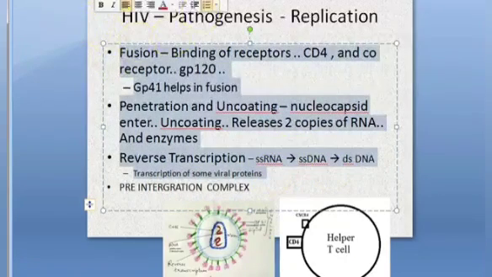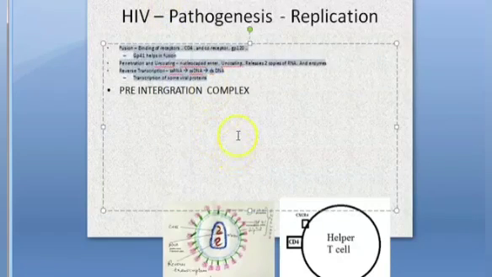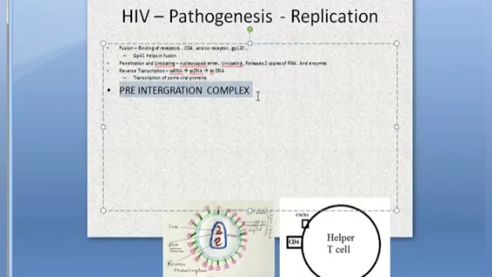Basically, it has to go and integrate into our DNA, correct? So this double-stranded DNA has to go and integrate with our DNA. So before that, one pre-integration complex has formed. It is a nucleoprotein complex. It consists of what and all? It will have this double-stranded DNA, some gag matrix protein, some accessory VPR protein.